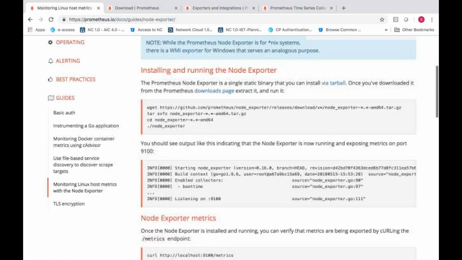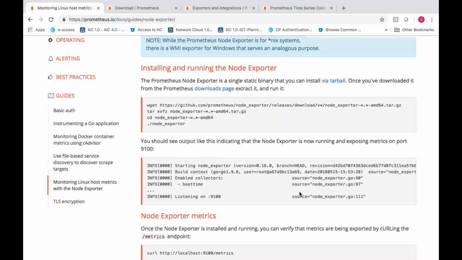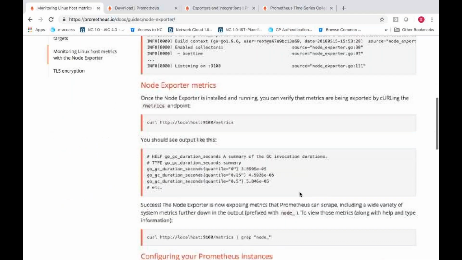So this is what we have done, we have exported it directly. If you run this node exporter, it should contact localhost 9100. But the problem is we need to fetch the details.